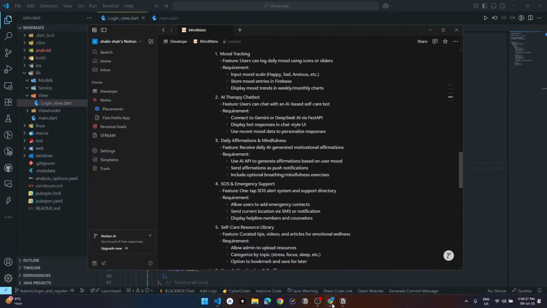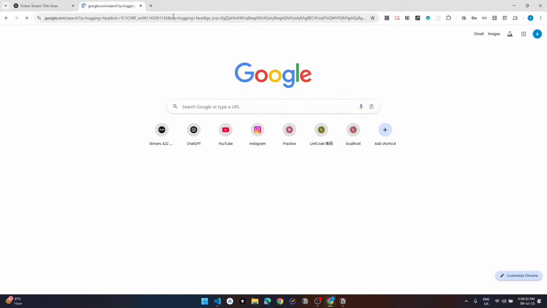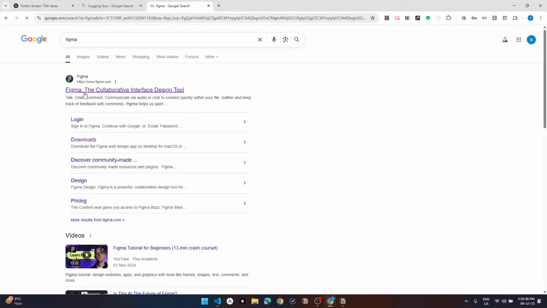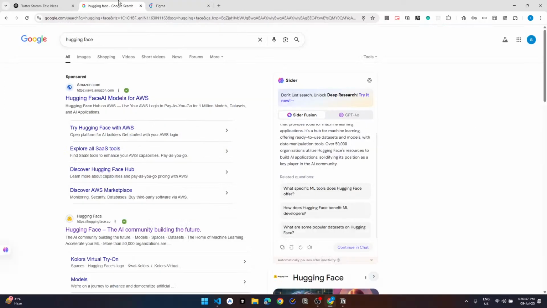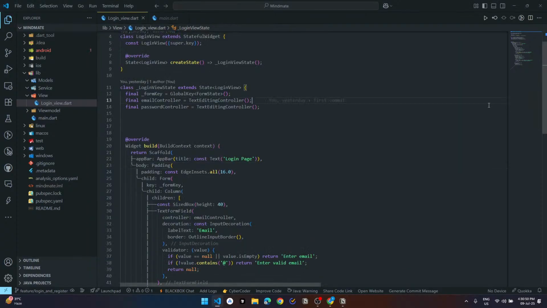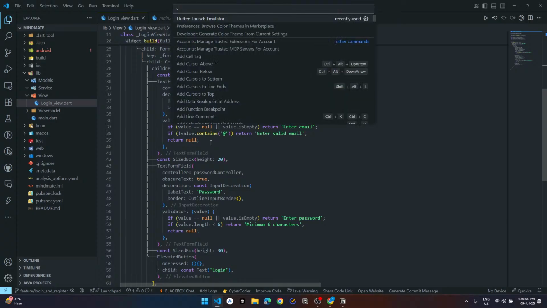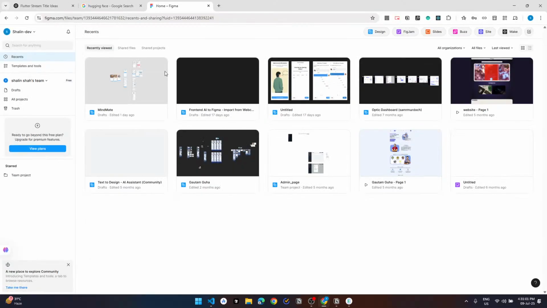Yeah, I have the design also. Just wait a second. Figma, right? I have done Figma designs also for my project, which I'm going to build. Not right now, but we're going to start building. I have done a login page, not a proper login page, but I'm going to build a proper login page throughout this stream. Right, I'll show you this first.